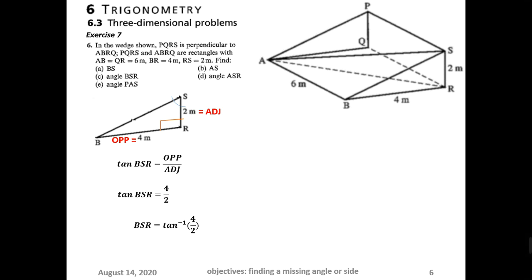And to insert the tan inverse in the calculator, you put shift tan, and the tan inverse will show up on the screen, and a bracket will open. Put the fraction sign on the calculator, put in the upper box 4 and in the lower box 2, then close the bracket and put equal, and you will end up with BSR equals to